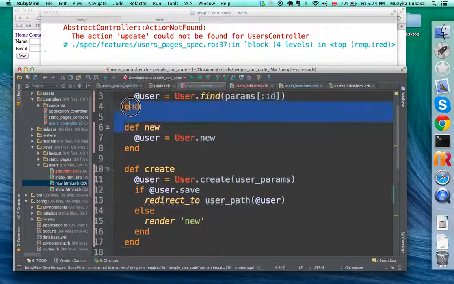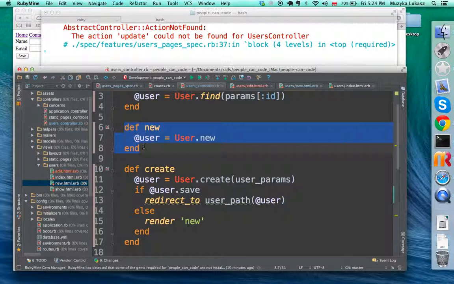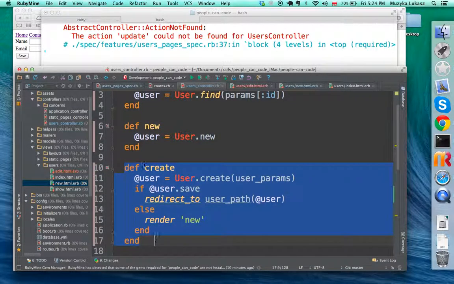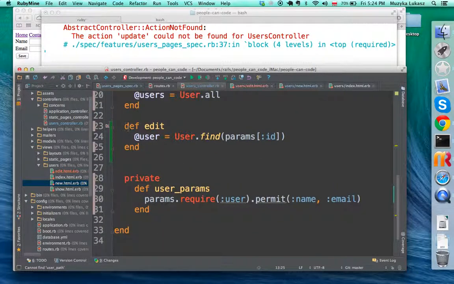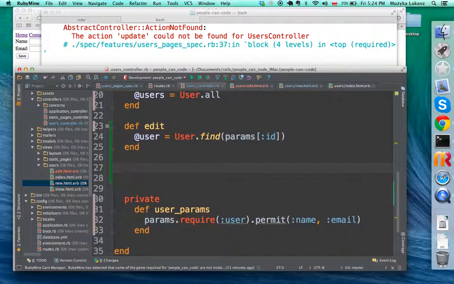In the new you have the form and you submit that form to create, and create action will do all the work and then redirect us somewhere else. We have a similar thing with our edit action. The edit action will just render the form, but then when we submit that, that will be submitted to update action. So let's define that update